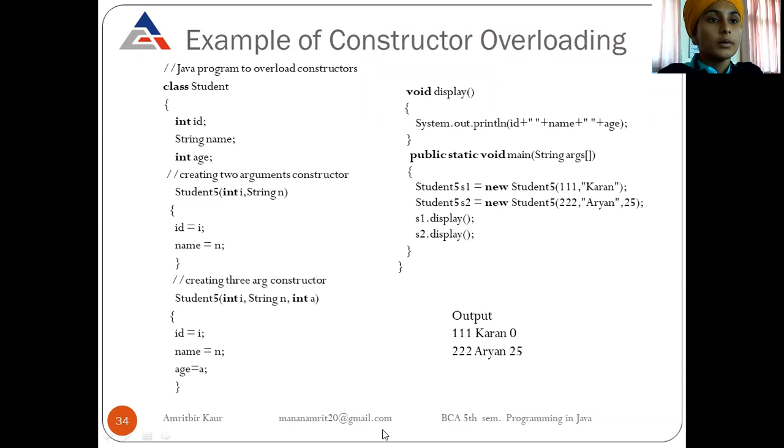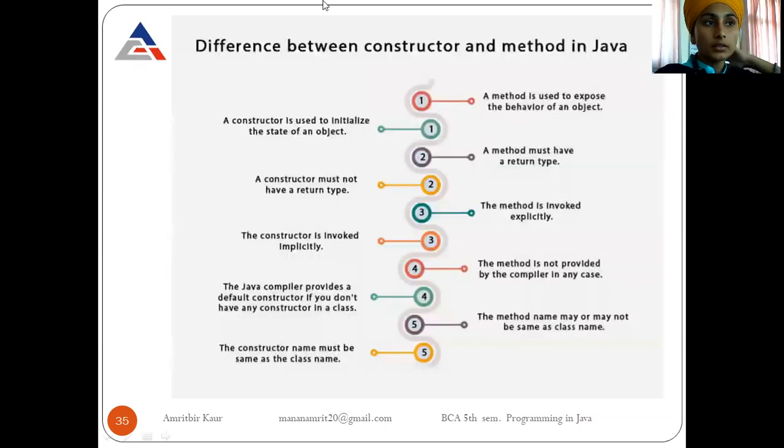So this is all about constructors, their types, and constructor overloading. We can use more than one constructor as per our requirement, but only one thing we must keep in mind: the number of parameters can be different, and if the number of parameters is the same, then the data types must be different. So the compiler can execute the suitable constructor based on the number of parameters and their types. Now our next topic is the difference between method and constructor.